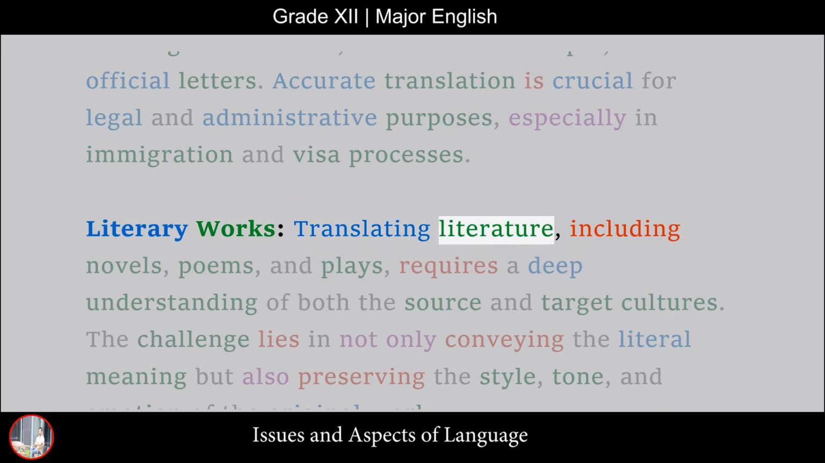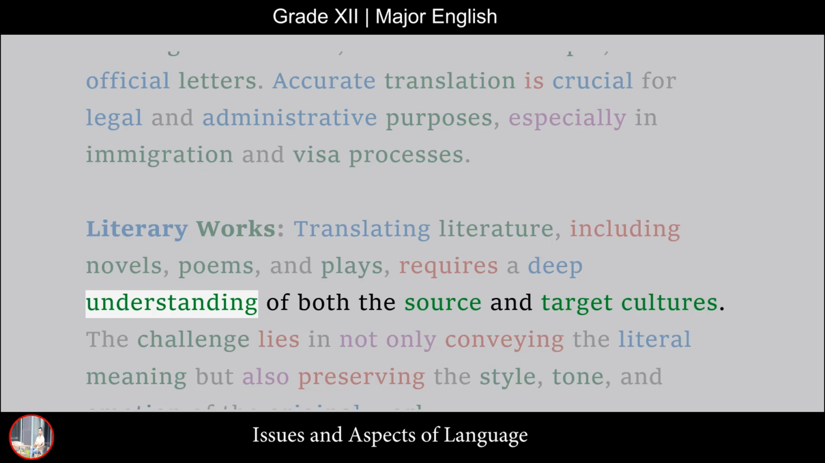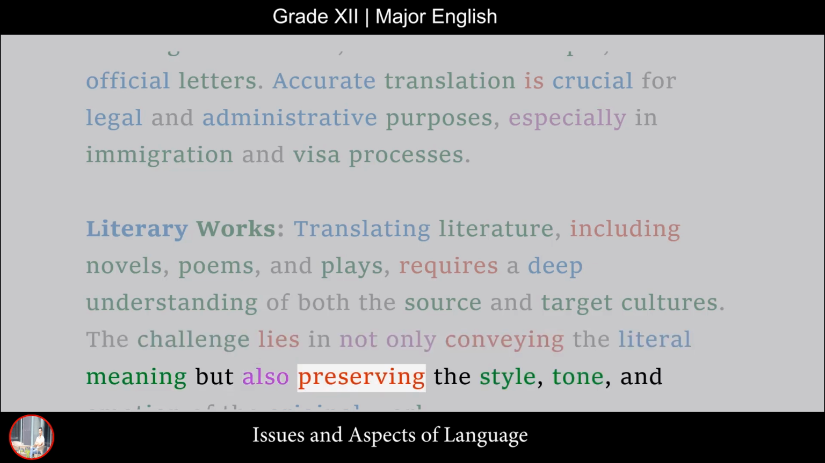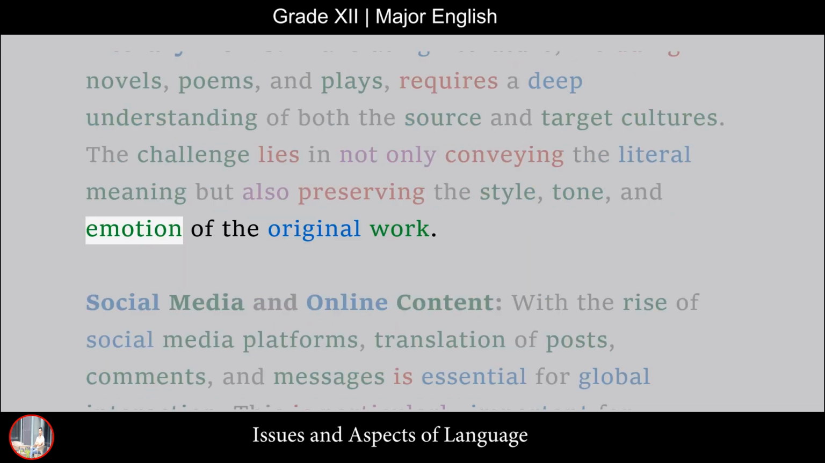Literary works: translating literature, including novels, poems, and plays, requires a deep understanding of both the source and target cultures. The challenge lies in not only conveying the literal meaning but also preserving the style, tone, and emotion of the